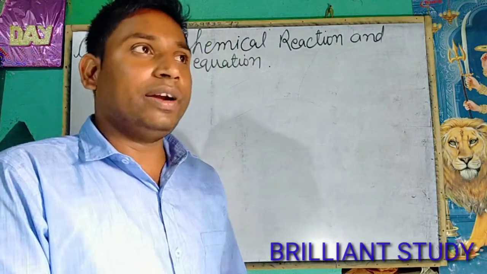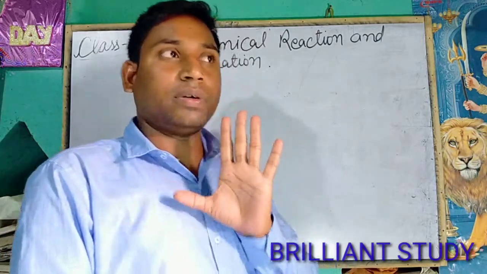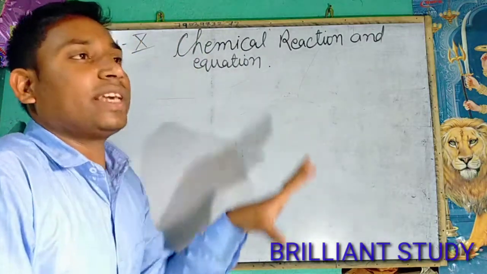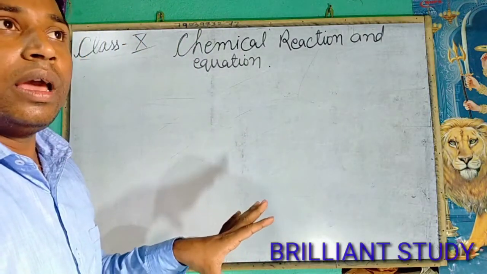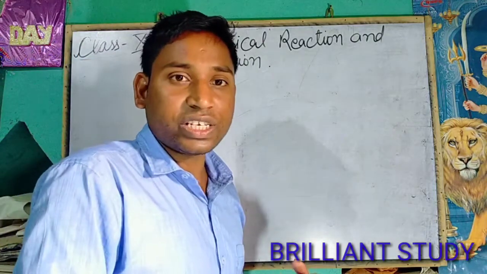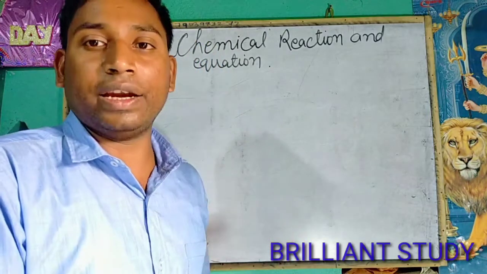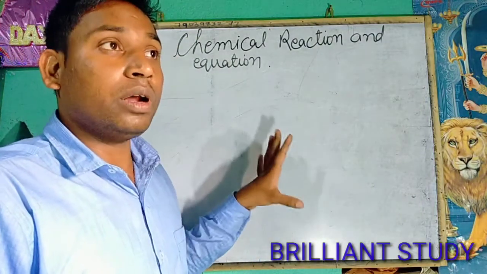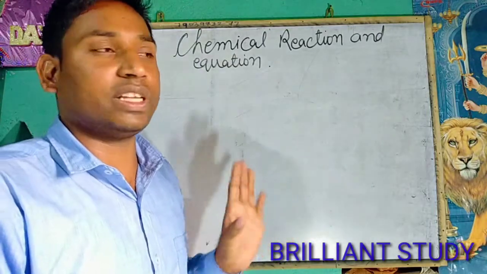Yesterday we learned about the five types of chemical reaction, and in all these reactions we have read all the types of reaction. It may release some amount of energy or heat, or it may gain or absorb some amount of energy or heat. So today we will discuss reactions on the basis of heat absorption or emission.